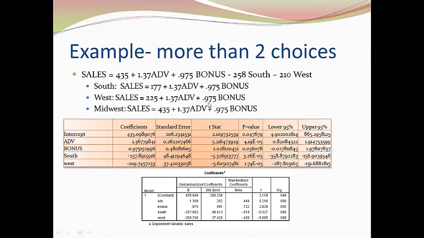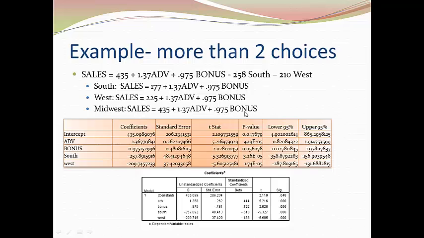So if you are in the Midwest, if you are in our reference category, then the dummy variables South and West both have values of 0. So your equation is just sales equals 435 plus 1.37 advertising plus